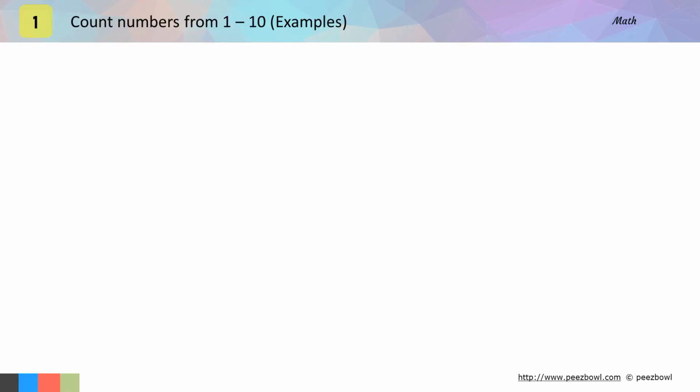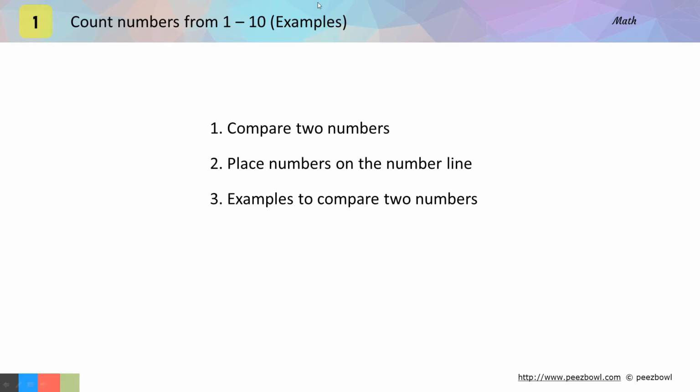Hi, so far we have seen how to count numbers. We have seen various examples where we identified biggest and smallest numbers. We also arranged few numbers in ascending and descending orders and so on. In this video, we will learn how to compare two numbers. Comparison is very easy when we know where the number is placed on the number line. We will see few examples to learn this concept better.